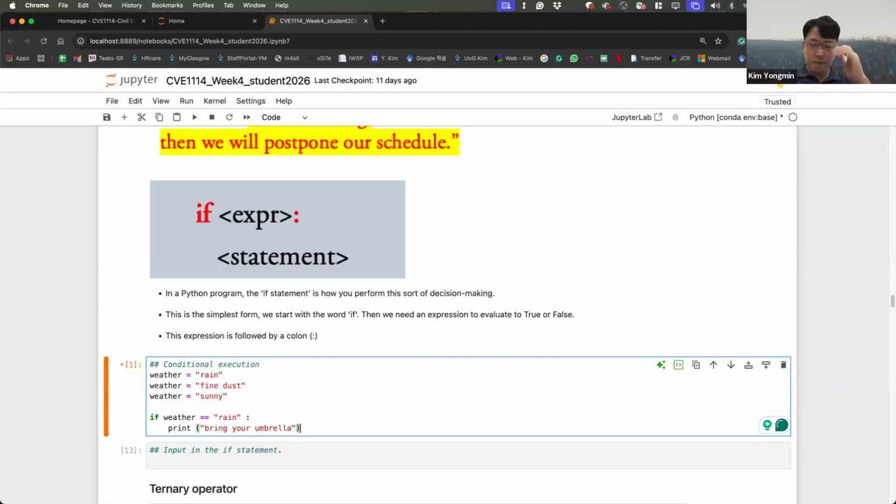Warning signs. Every single day, your AI recognizes outdoor weather conditions and then alerts you: hey, Jasmine, please bring your umbrella today, something like that. This is the statement. If the expression is true, the statements will be executed.